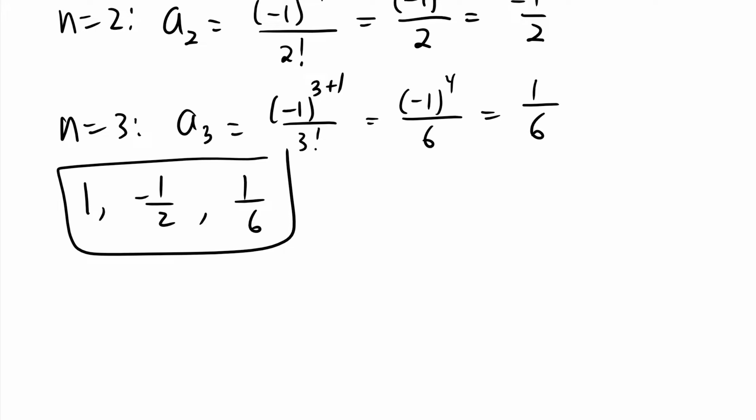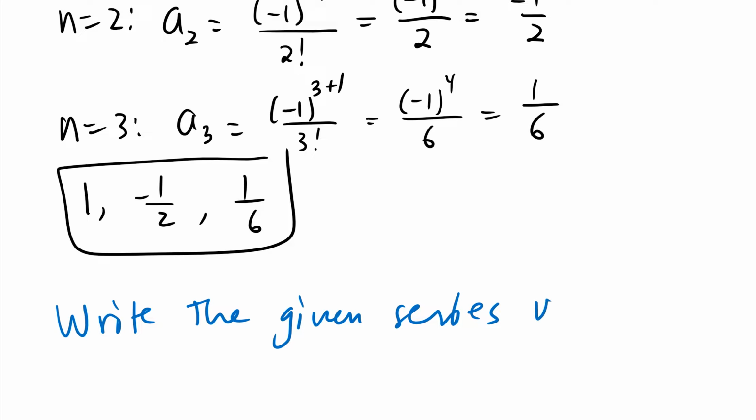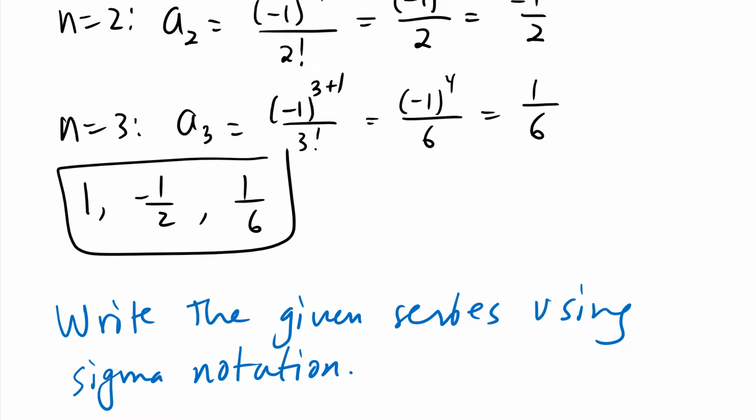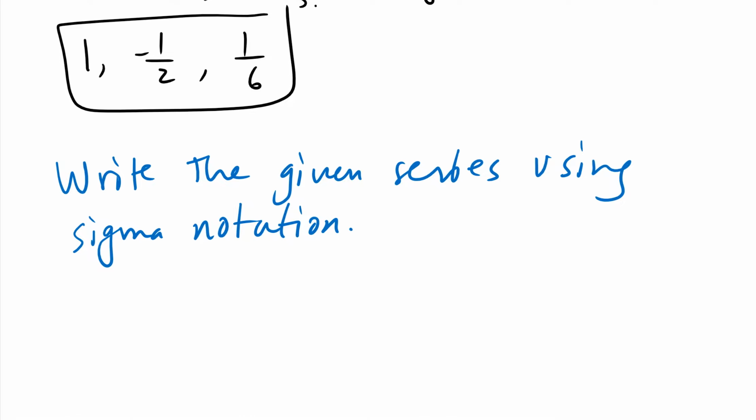How do we write the given series using sigma notation or summation notation? 2 plus 2 over 3, 2 over 5,